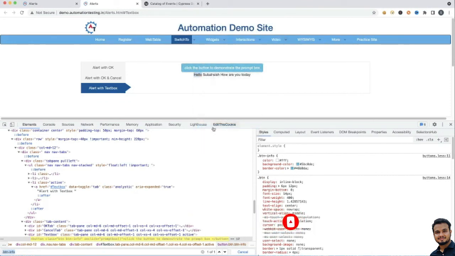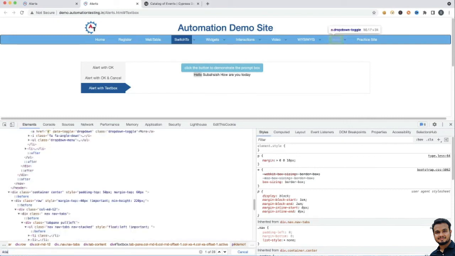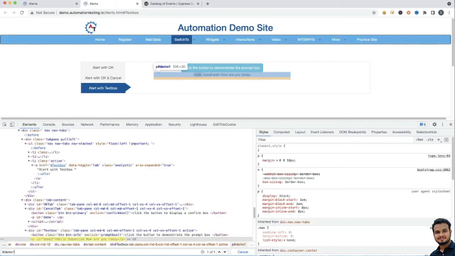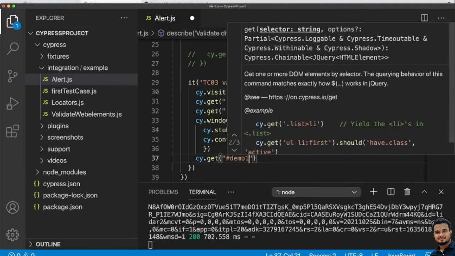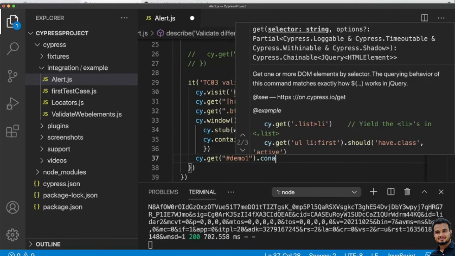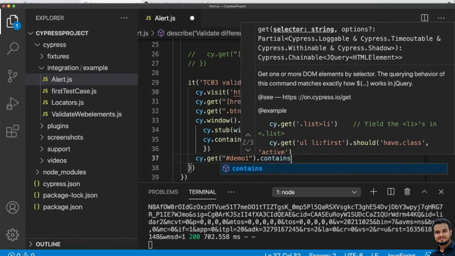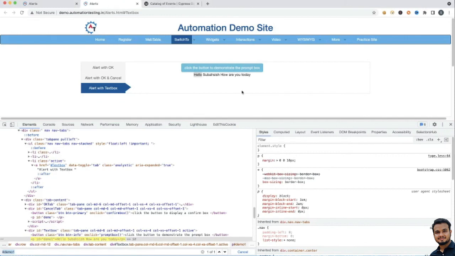So inspect, and here you see demo 1, right? So here you write has demo 1. Okay, it is identifying. Let me copy this, and here we will write cy.get demo 1, then again dot contains. What exactly should it contain? The same message. This should be the message.